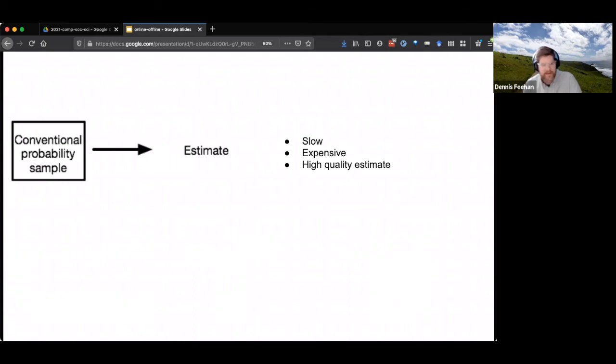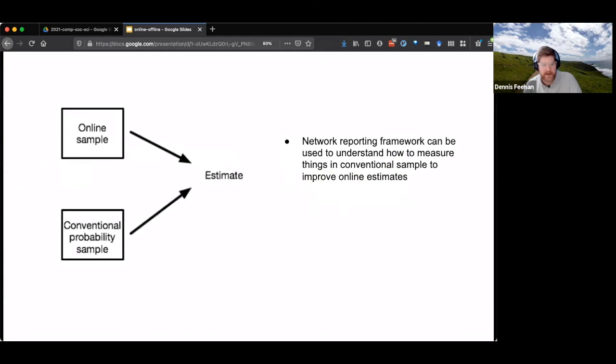So the estimates that we get from a conventional probability sample are pretty expensive and come fairly slowly, but they're very high quality. And critically, the network reporting framework reveals that there's some information we could collect in a conventional probability sample to try and help improve the quality of online estimates. So I actually think the best of both worlds is possible here. You can imagine